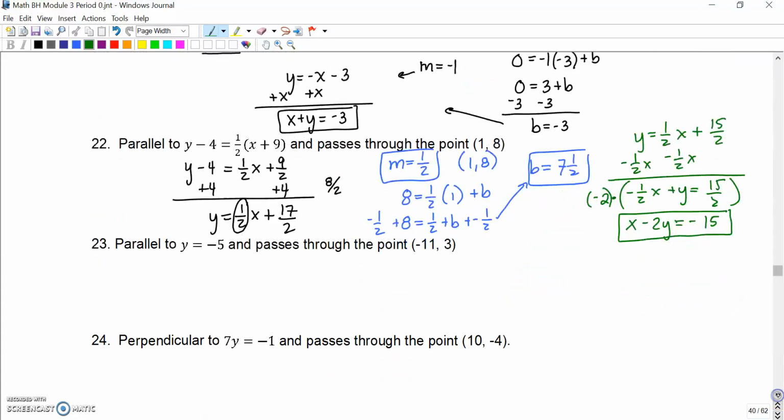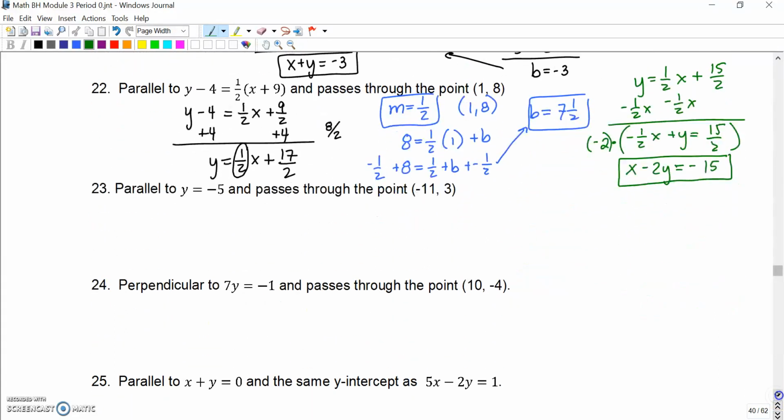23. States we're going to write the equation that's parallel to this one. Parallel is going to be also a y equals, and my y value for this is 3. So it must be y equals 3. All ordered pairs with a y value of 3. Number 24,